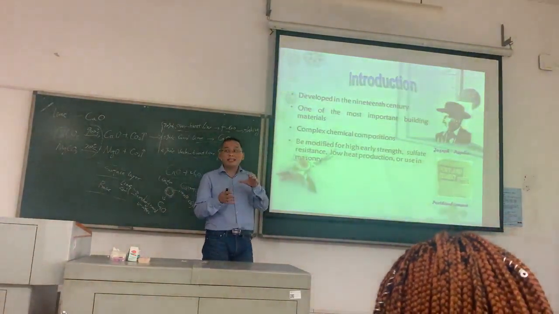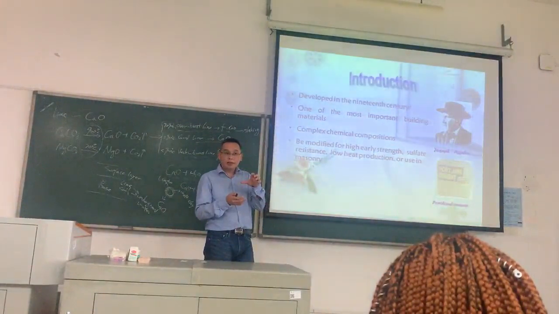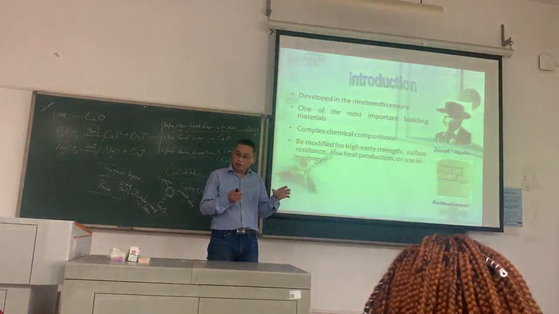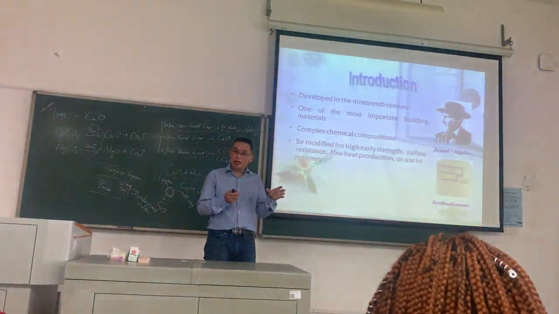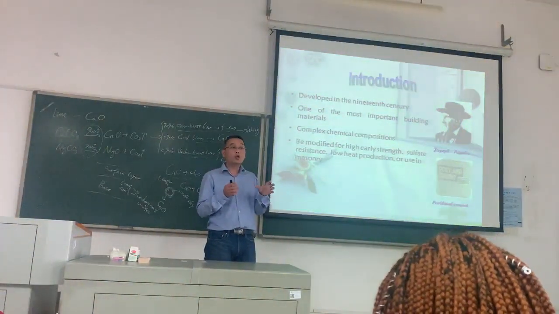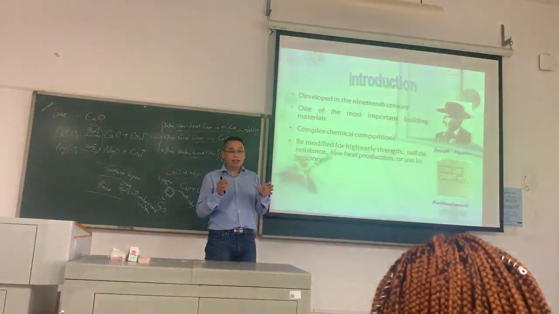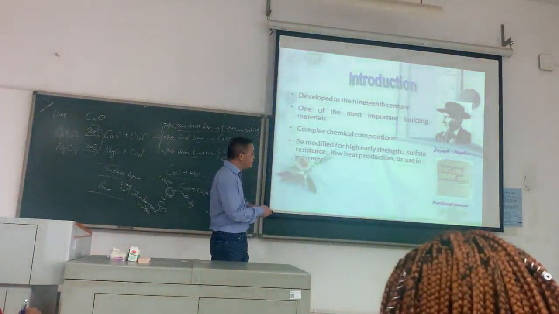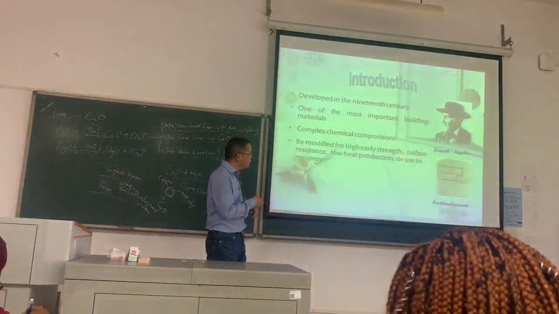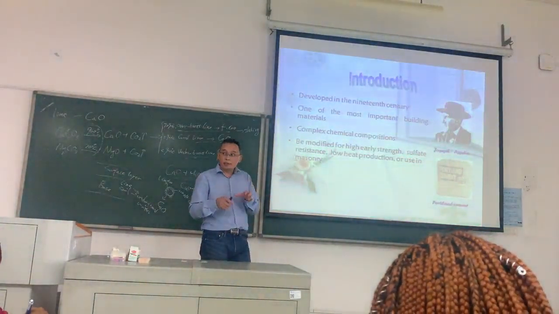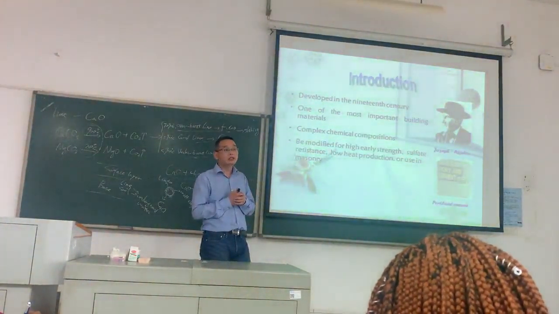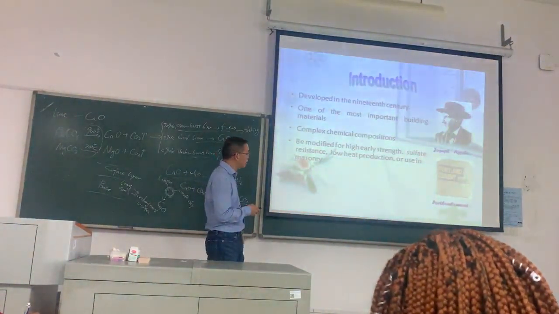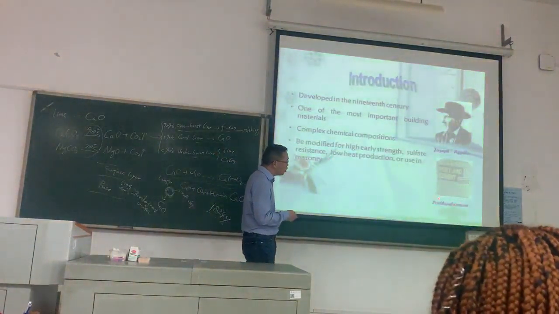For example, the surface of Portland cement maybe is not suitable for some special structures. So we need to add something into the Portland cement to get higher strength. And the surface erosion resistance of the Portland cement needs to be modified, and also the low heat production, because